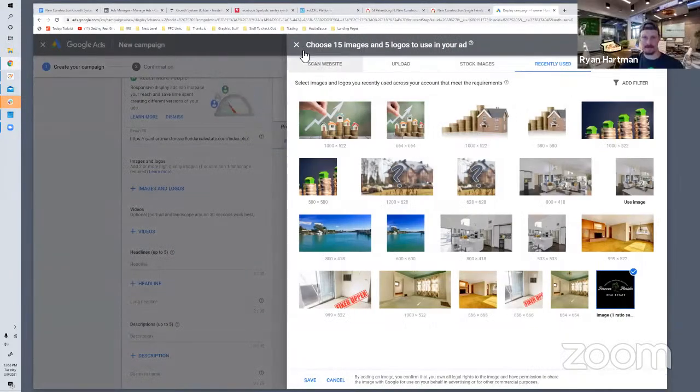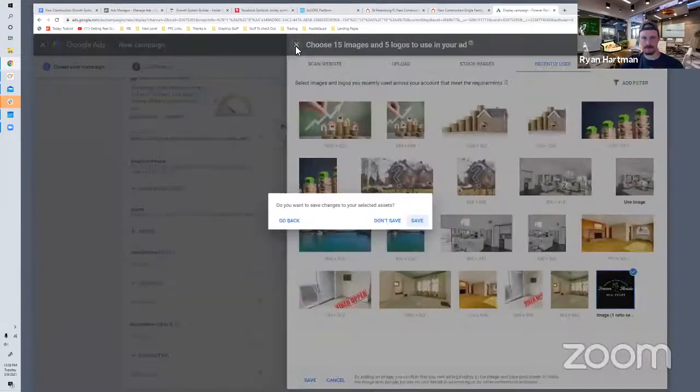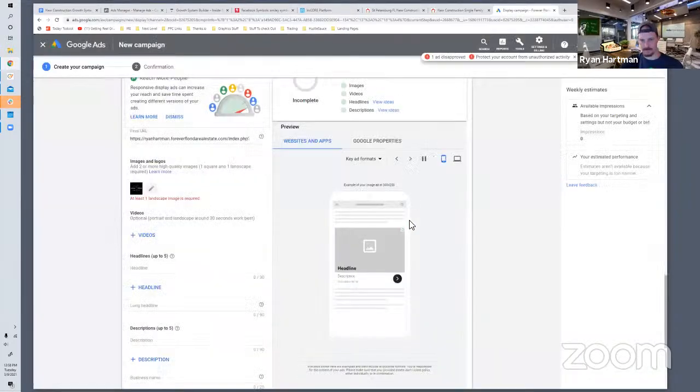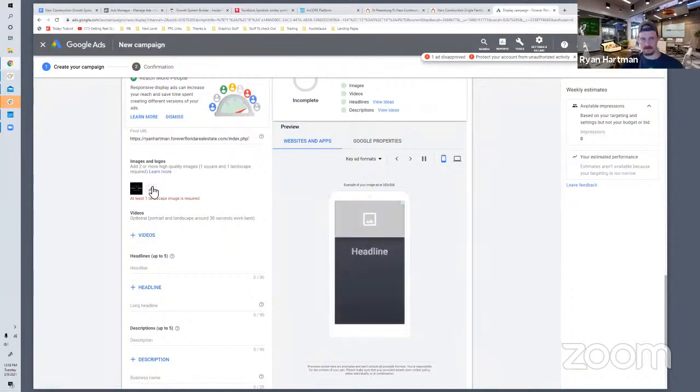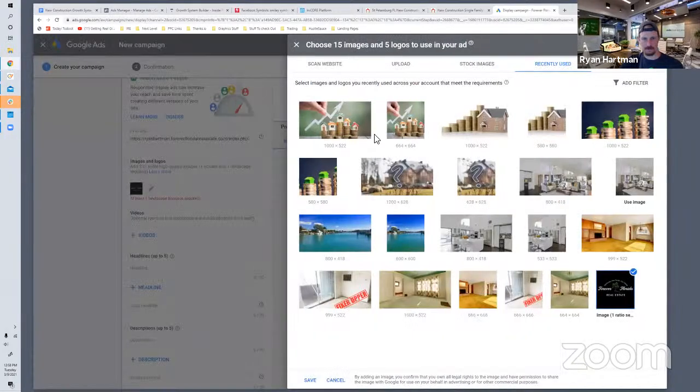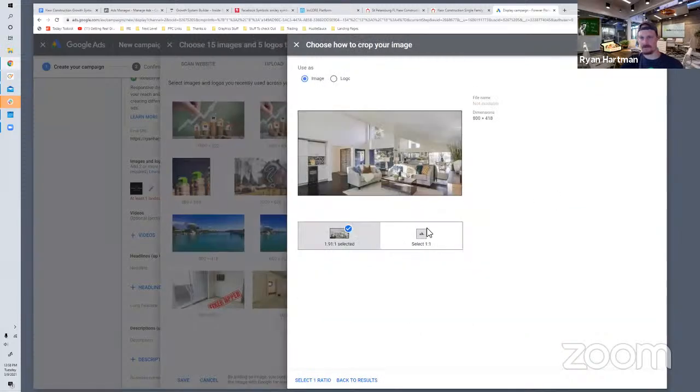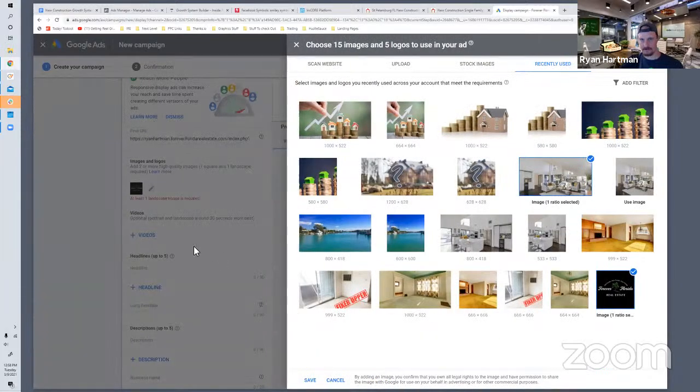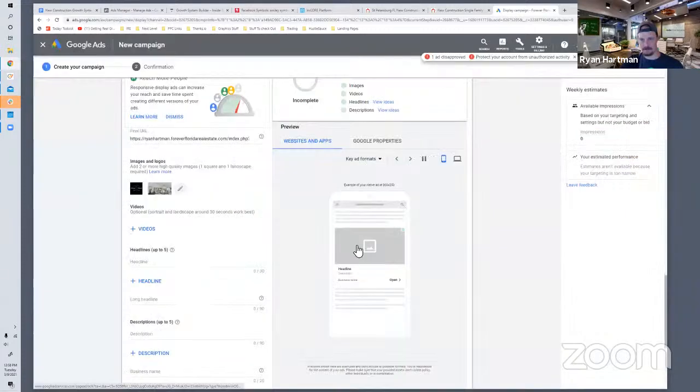I wonder if that's enough. Save. Oh, it wants a landscape image. Let's find. I don't think I actually chose the one. So this is a little wonky sometimes. Select. Save. But what's nice about it is Google will start to spin, as you see over on the right side,